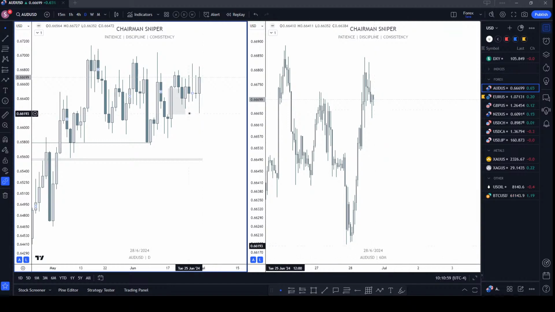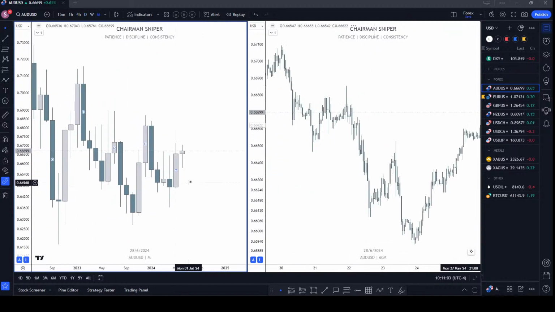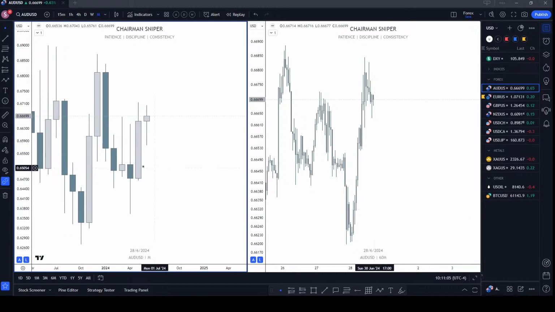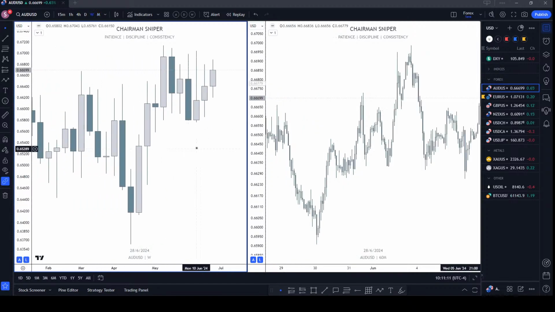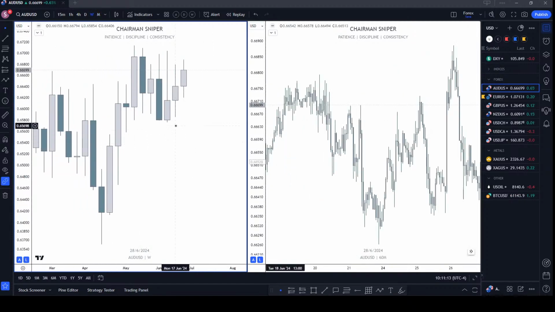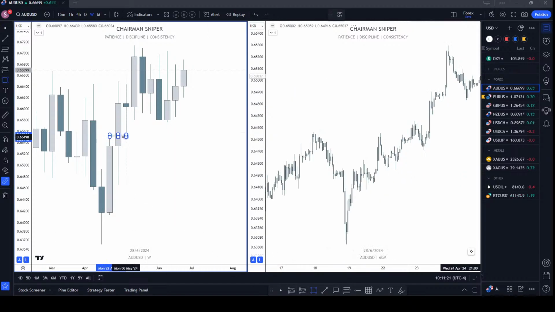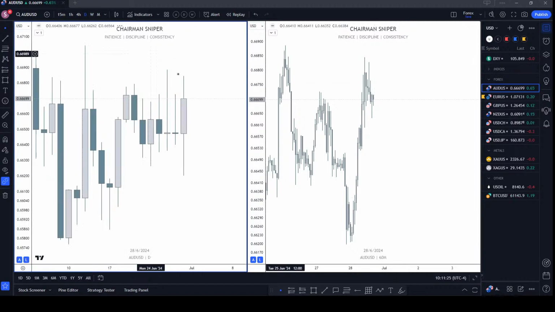Looking at AU, we're still in the very same range on the monthly. So we haven't traded above this high. We're still trading within this candle. On the weekly, we look like we are rejecting this high, but we're still pointing higher. We do have this fair value gap right here, very small fair value gap sitting right here. On the daily,